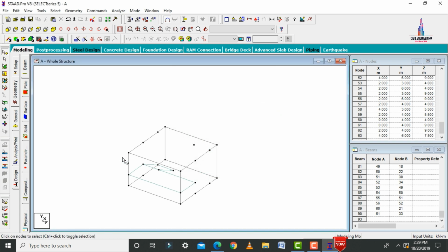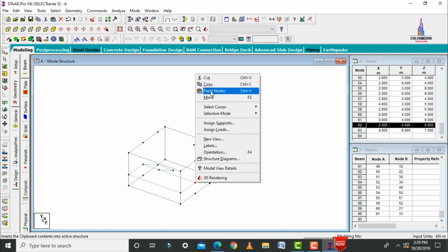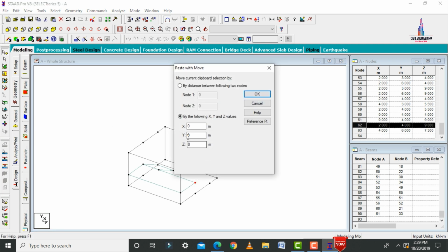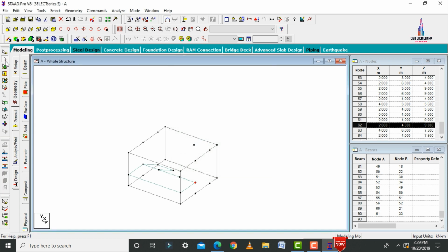Now we have to create the slab for the remaining portion. Initially we need to add the node point at this respective position also. Select this point, click on copy, click on paste nodes, again with -1.5 here. Now I am selecting the add 4 node plate option, select the first node point, second node point, third node point, and again come to the first node point here. After that, we have to select the node points like this: first point, second point, third point, and again click on the first node point.